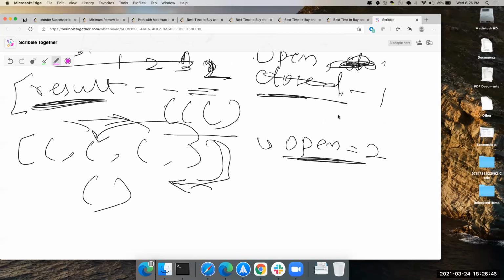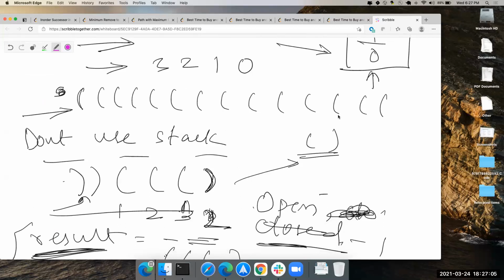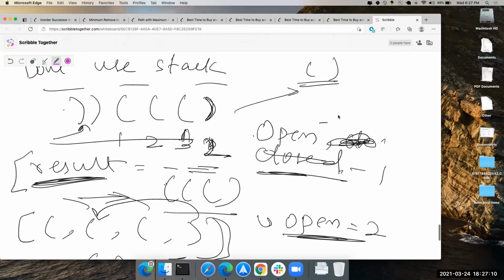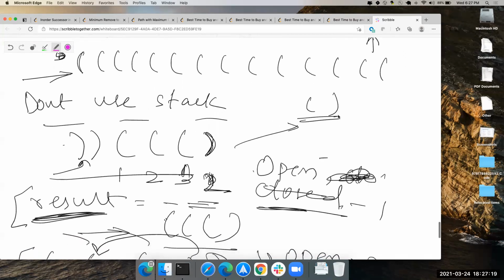But he does raise a valid point where most people came with the queue and stack and array, right? But that does also bring up the point of, okay, let's say you can't use either of those. Don't use a stack, don't use an array, don't use any data structure. So what Deven came up with, instead of using a stack for putting all your valid and invalid, right? You have only open and close. Why do you need even a stack? You can just make open and close variables.